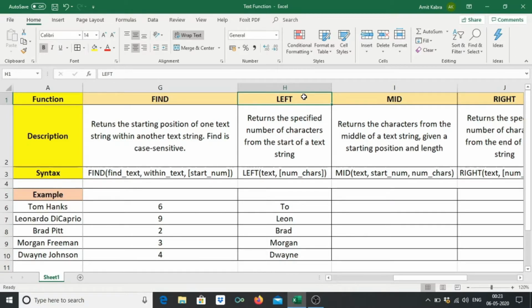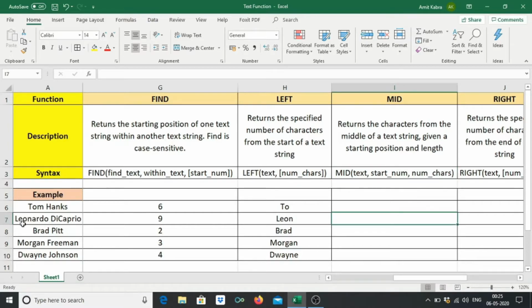Now let's understand the MID function. It returns the characters from the middle of a text string given a starting position and a length. The syntax for this is MID, bracket, text, comma, start number, comma, number of characters. Now let's understand this with the help of an example.